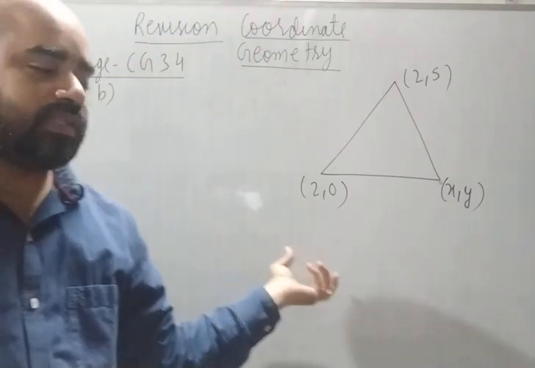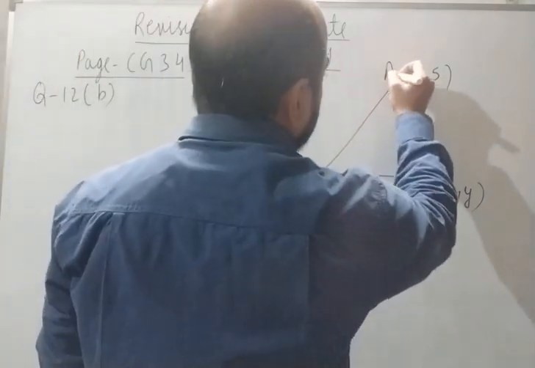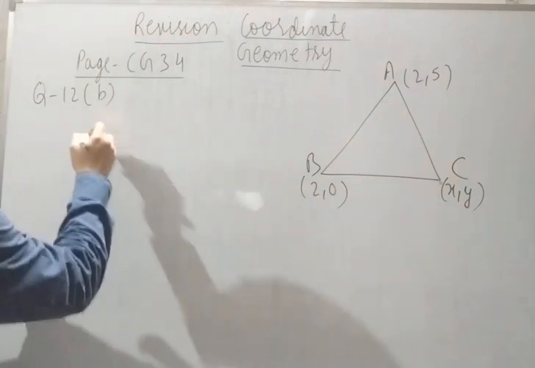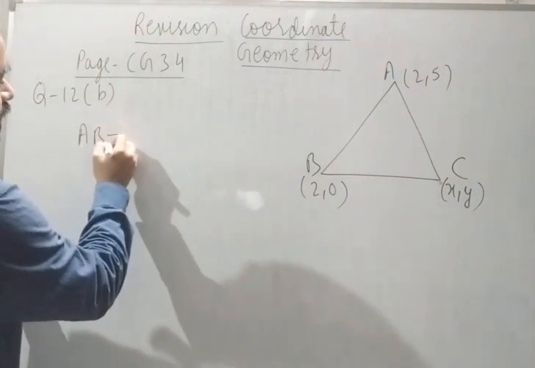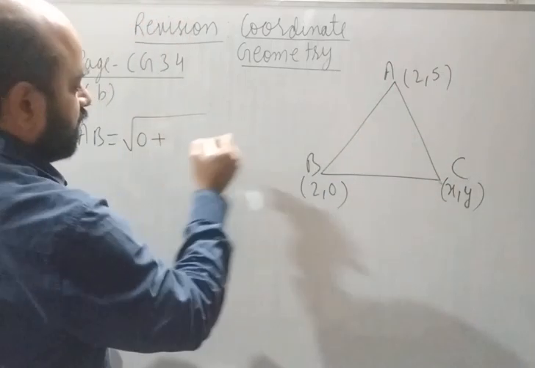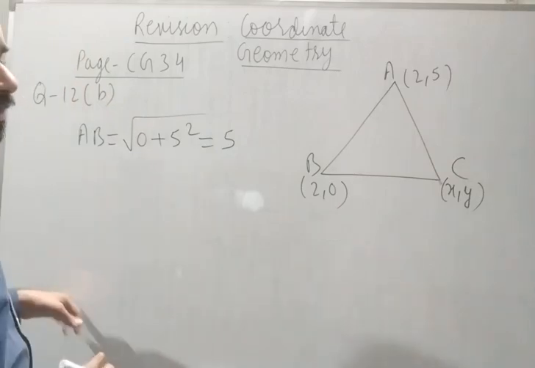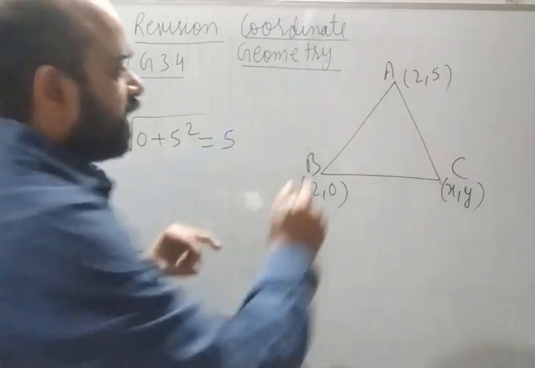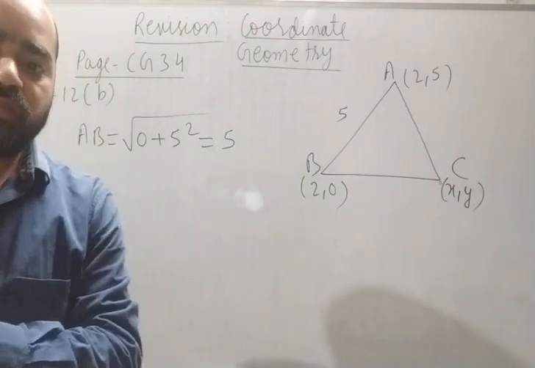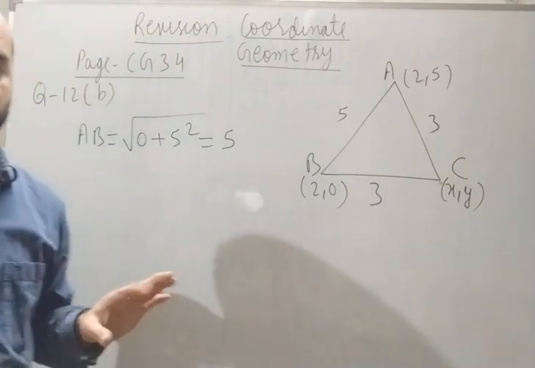So first we have to decide which 2 sides are equal. So for that we can find this length. 2 vertices are given. So what is AB? We can find directly, that will give 2 minus 2, 0 plus 5 minus 0, 5 is square, that is correct. It means this side is 5 and length of equal side is 3. It means these two will be 3 and 3. Understood? Decided?